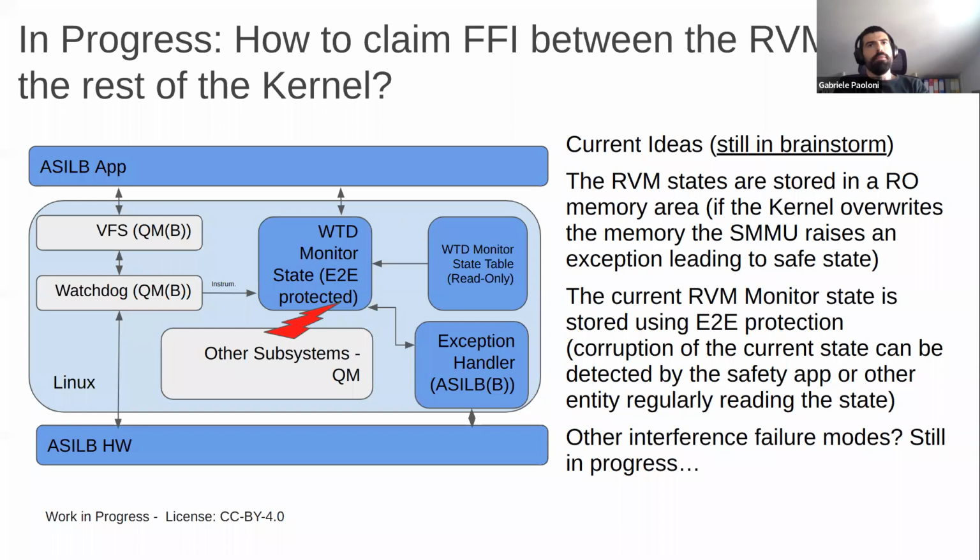The idea is that at every pet, the runtime verification monitor can verify the current state has not been corrupted by verifying the associated CRC, and when the safety app interrogates the monitor to verify the states, it can also do a CRC check. This is quite an effective measure against spatial interference on